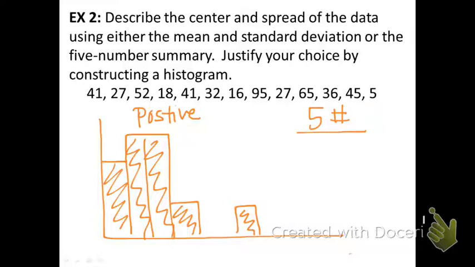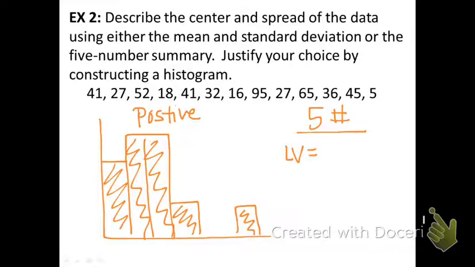I'll just abbreviate it. I ran out of room there. So to find the 5-number summary, you're actually going to use your calculator today, and then I'll teach you later how to do this by hand. So to use our calculator, we press statistics, and across the top you have edit, calc, or test, and we want to calculate something, and the first one is a 1-variable statistic. We have 1 variable, so we press enter. It takes us to our home screen, and then we press enter again, and it gives you a whole list of numbers. And down at the bottom, the last 5 numbers will tell you the least value